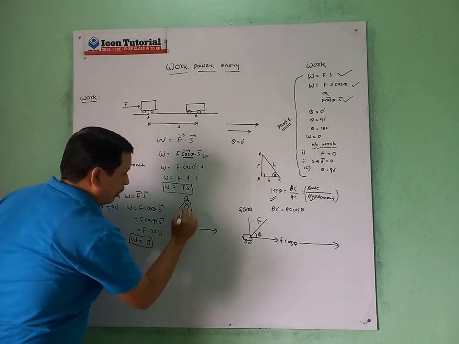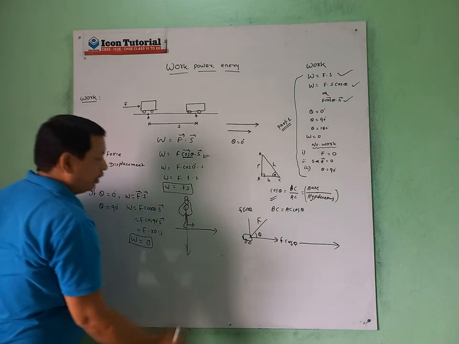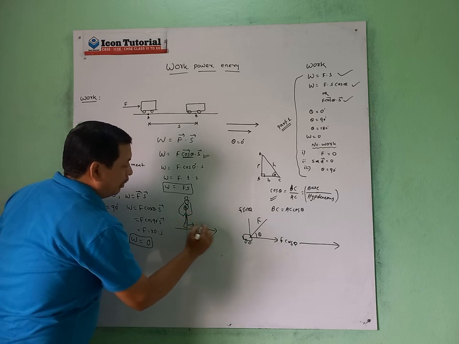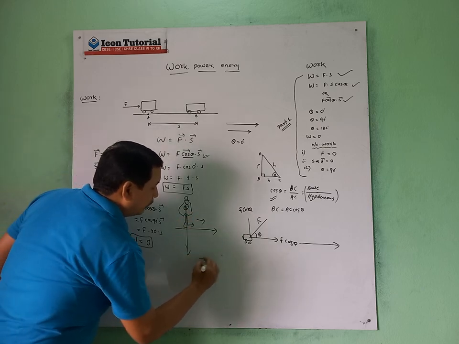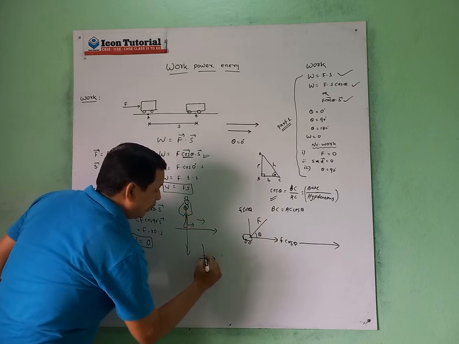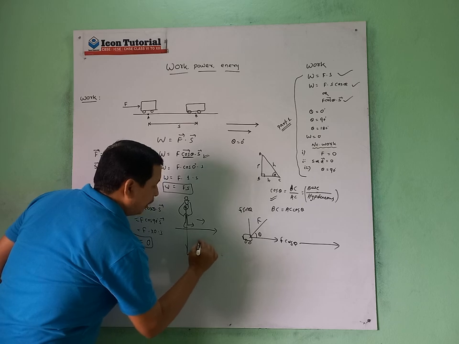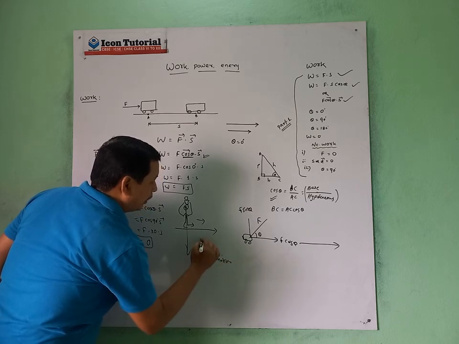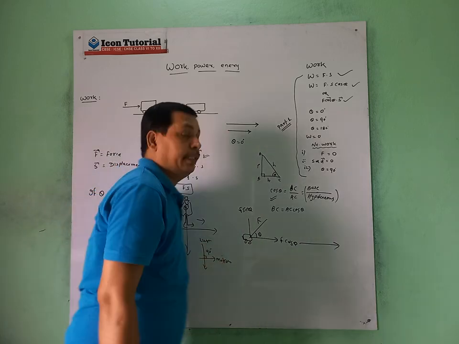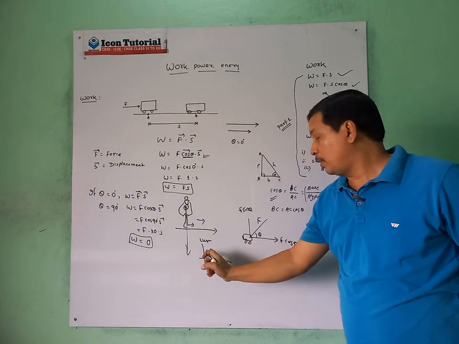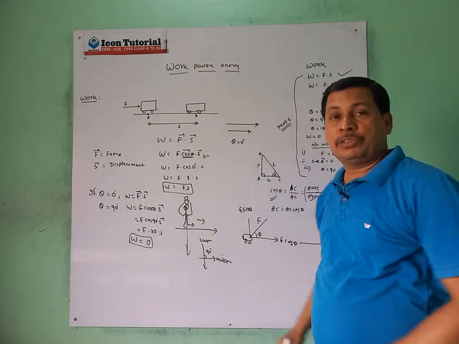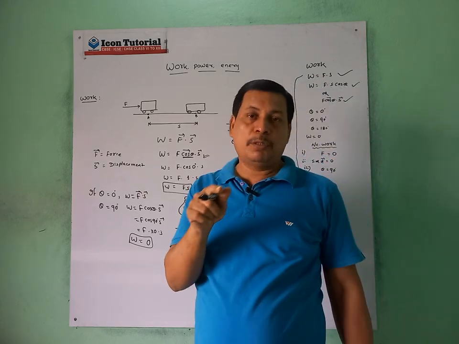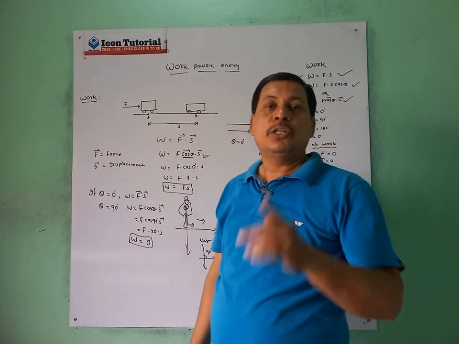The luggage is acting downward, but the pulley is moving in this direction. So this direction and this direction are at 90 degrees. This is your luggage, and this is your motion. Since there is a perpendicular between the direction of the force and the direction of the motion, we can say